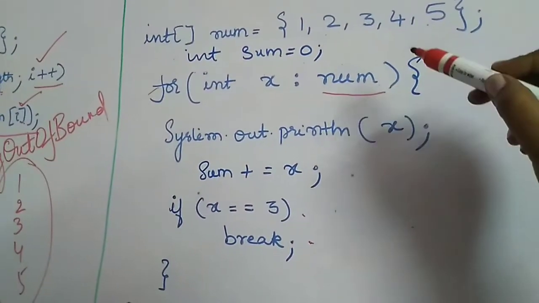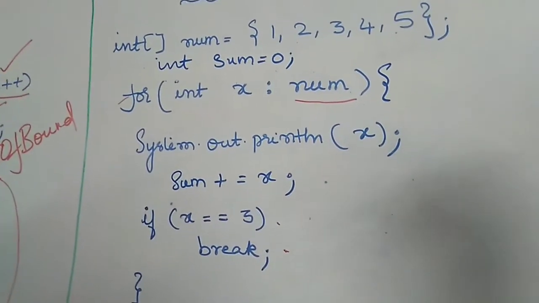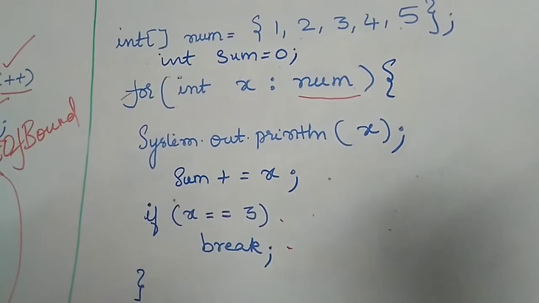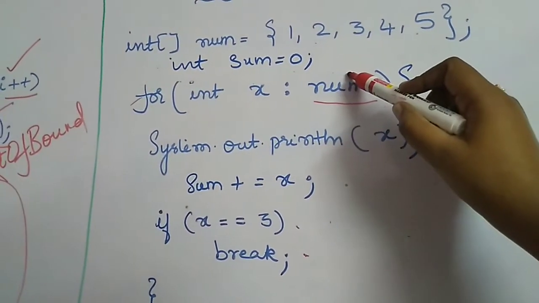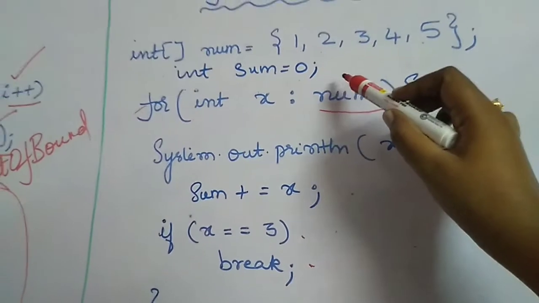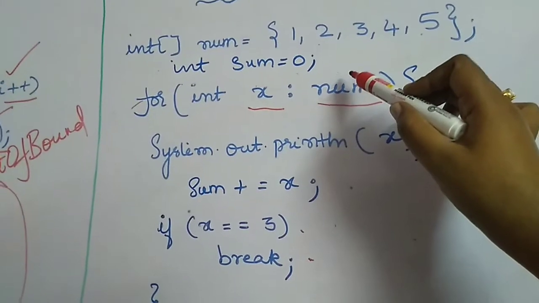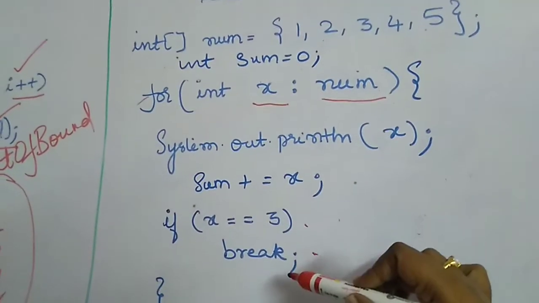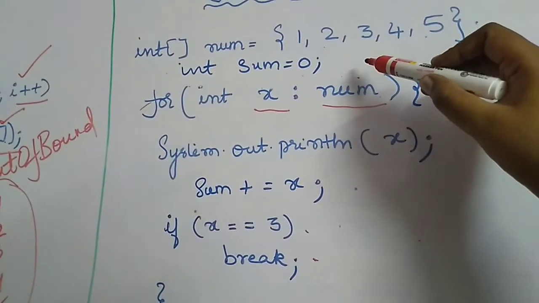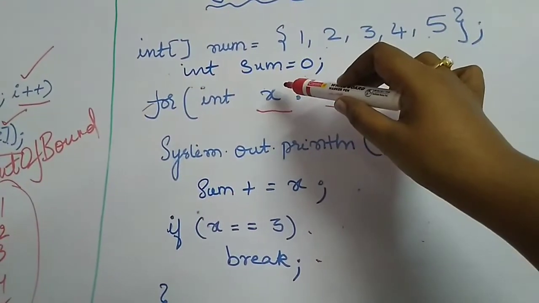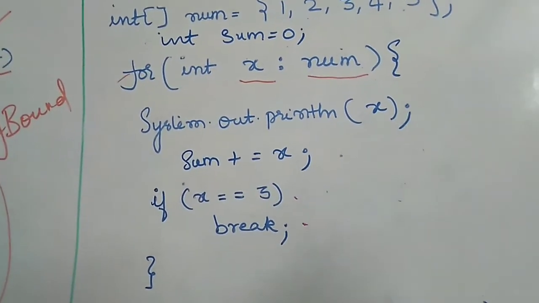So what happens in the for each is that you needn't bother about the initialization of the lowest index, the condition, and the incrementing. You needn't do that, it happens internally. Num keeps giving each and every element to x, starting from the lowest index element. First it gives 1, then the block of statements executes, and it again checks whether there are more elements in the array. It assigns the element if there are more, then the block executes again, and this repeats. That's why it's called a loop.